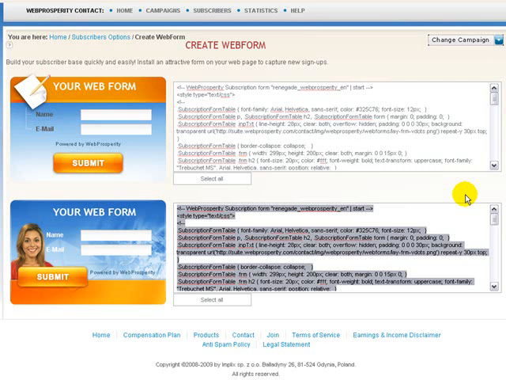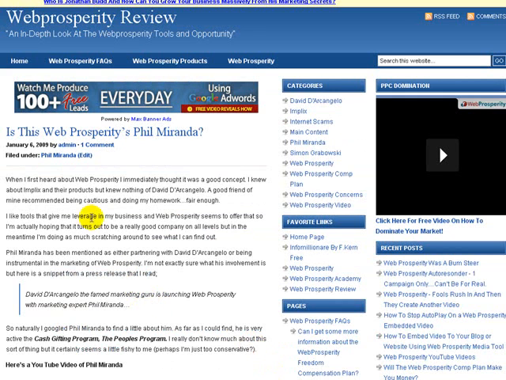This is going to be very inconvenient, and you probably could go in here and find the code that was relevant and change the URLs and so on, but who wants to do that every time they set up an autoresponder or a landing page? Sometimes I'll make a landing page on the fly and it takes me literally 5 minutes. So for that reason, at this stage, I'm giving the Web Prosperity autoresponder web form a big thumbs down